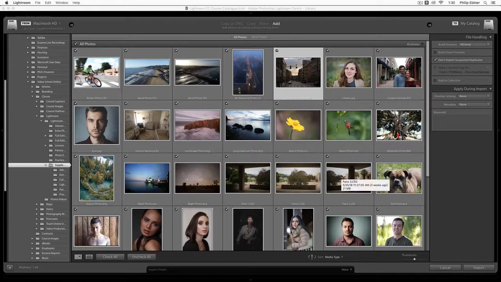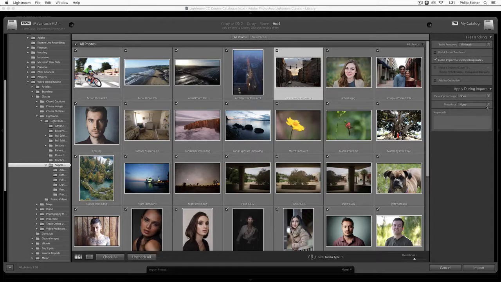If you're on a photo shoot or if you went traveling and shot a bunch of photos, you might not necessarily need to import all of your photos. That being said, the way that I typically import photos is I'll import all of the photos and then I'll start to organize later on, choosing which photos I actually want to import.